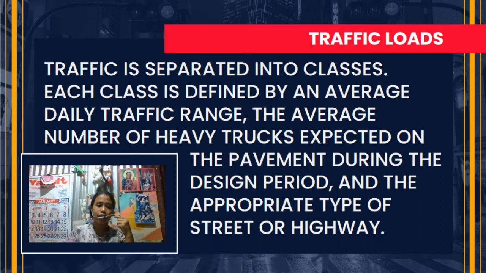First class is very light, less than 50 autos per day, less than 7,000 heavy trucks expected during design period. Like parking lots, driveways, light traffic farm roads, school areas and playgrounds, sidewalks and bicycle paths, golf cart paths and tennis courts. Second class is light, up to 200 autos per day, 7,000 to 15,000 trucks expected during the design